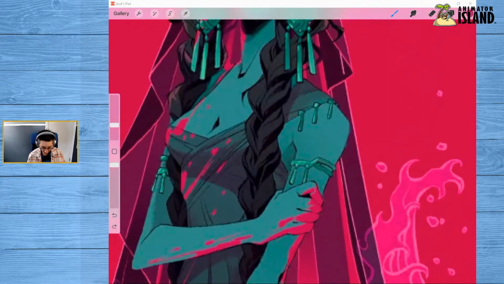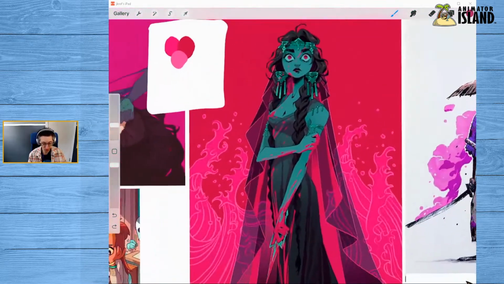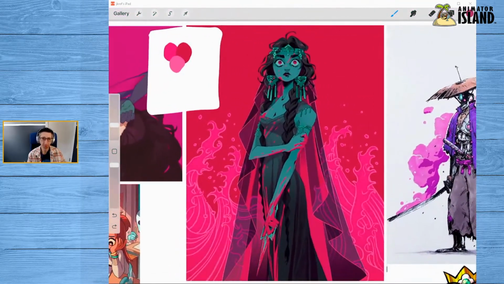As opposed to say over here on her hair, where they went with what you would maybe consider normal, which is a darker outline to whatever's inside of it, or the outfit and stuff, a darker outline to whatever color is inside of it.